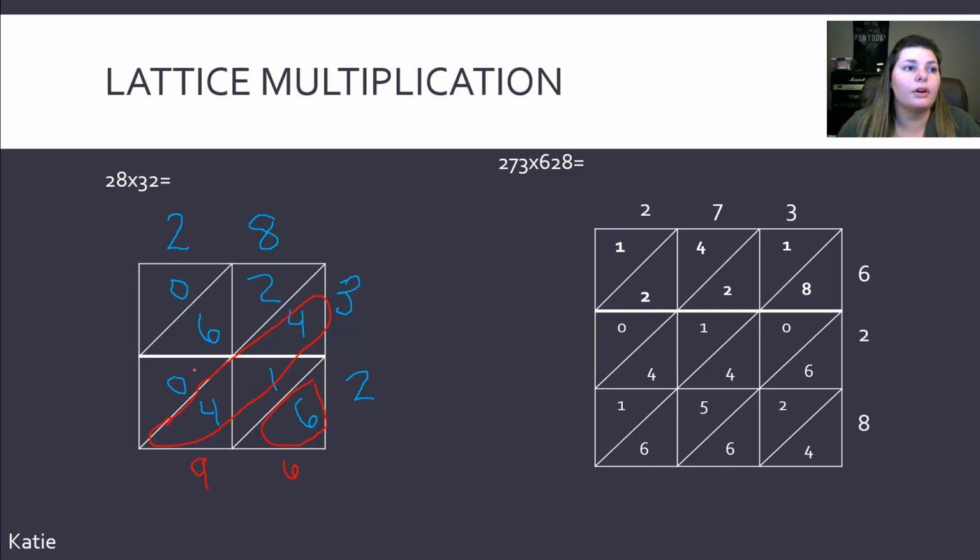And then we move on to this one here. So 6, 7, 8. And then this is just 0. So we don't even have to bring that down, but let's go ahead. So it's safe to say that 28 times 32 is